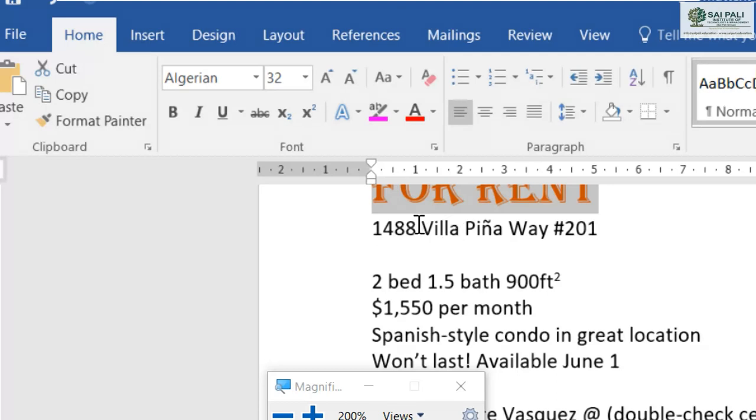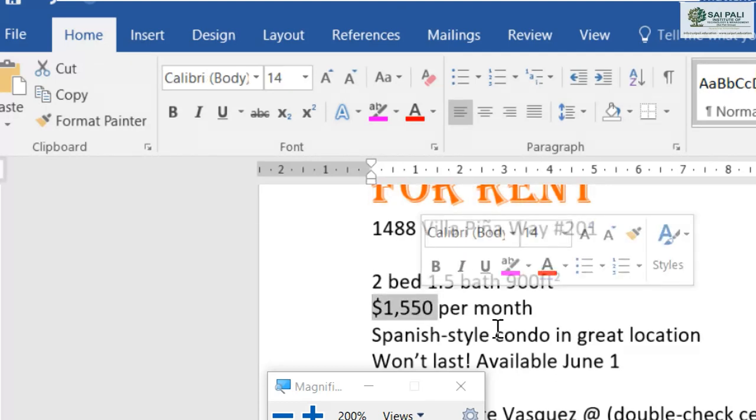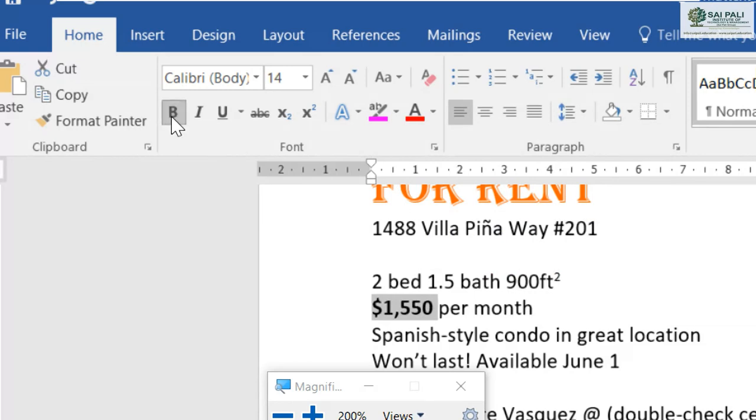Like this one is important for me, the price, so I can make it bold, I can make it italic, I can make it underline, or we can remove this also by clicking again.